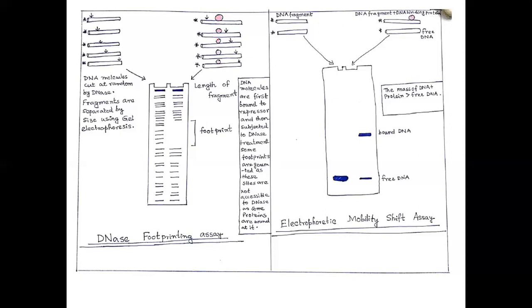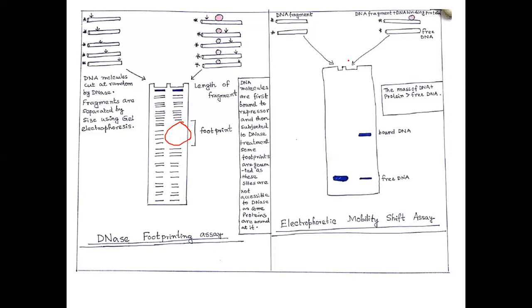As a result, this region gets protected and it will not be broken. So the fragments of this region will not be generated. As a result, in the gel, we will get a gap in this location. This gap is because some fragments are not generated, because here it will cut, then after this it will cut here, here and here. This portion is not being cut by the DNase since it is protected by protein. So if you know in which particular base pair the DNA-protein binding can be found, and you get a footprint, we are not getting any band there, we will be confirmed that yes, my DNA is bound with a protein.